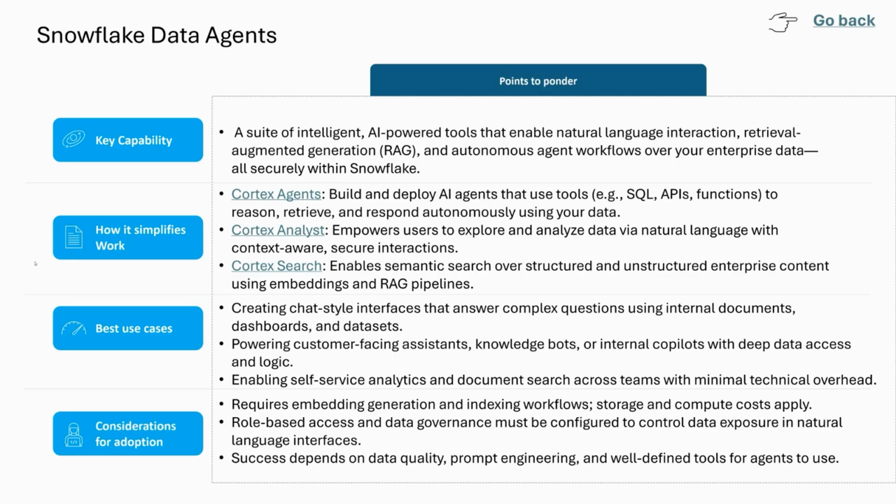Say for example, when I say tools, Cortex Analyst could be one of the tools that the Snowflake data agents use. So if there is structured data sitting within Snowflake and it needs to be retrieved, one of the agent tools that could be used to retrieve the data could be Cortex Analyst. If there is unstructured data that needs to be retrieved, one of the tools that could be used by the data agents is something like